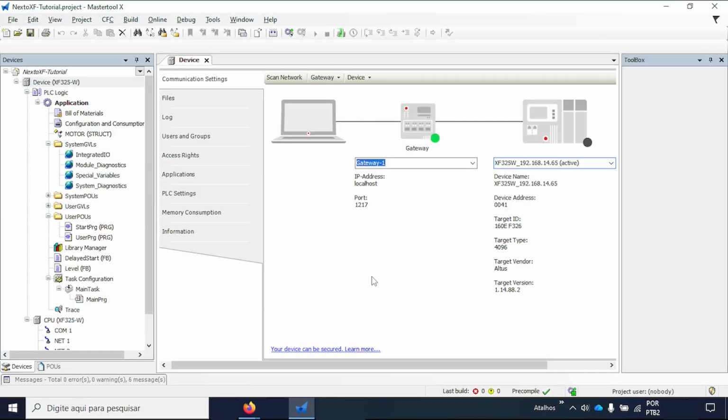Hello everyone, in today's video I'll show you how to access the logdump transaction file from the CPU. To do this, your computer must be connected to the CPU through an internet connection. Once the connection is established, open your preferred web browser and enter the IP address of the controller followed by the logdump file path. So let's do this right now.